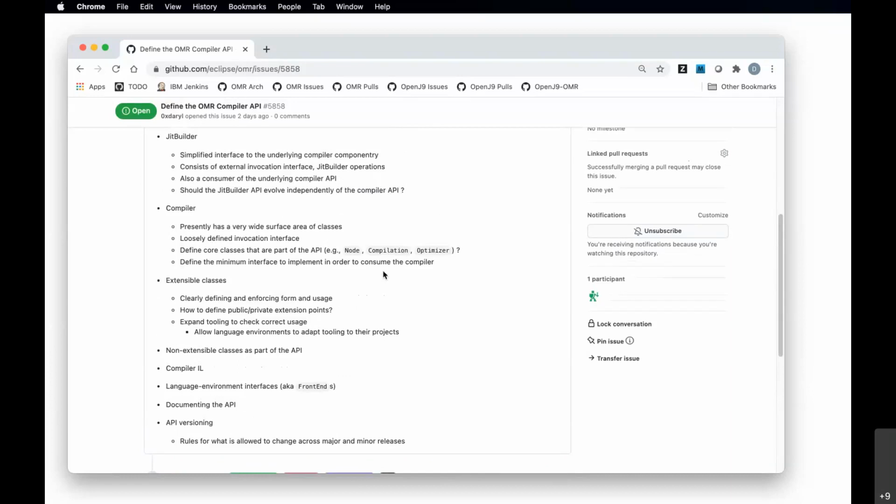I also think that, maybe if it was possible, there was some way that we could highlight what the public members actually were, the parts that are consumable. I think the way that Mark did it in JIT-Builder, I might have this backwards, but all the public methods start with a capital letter, whereas the internal ones are lowercase, something like that. So there may be a nice way of exposing that information, but documentation is going to be key.